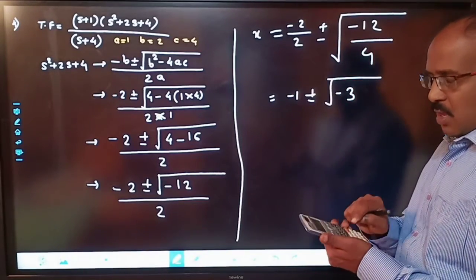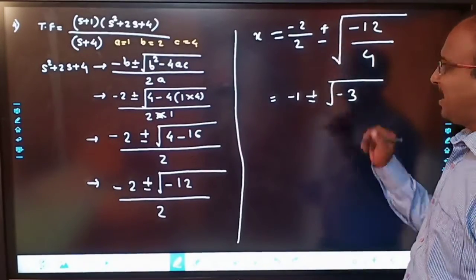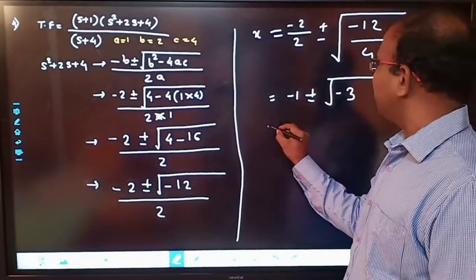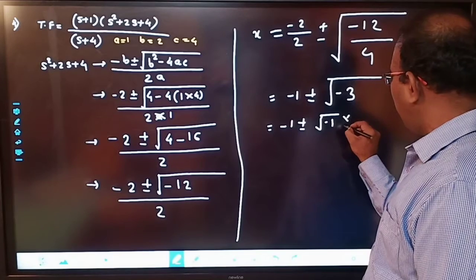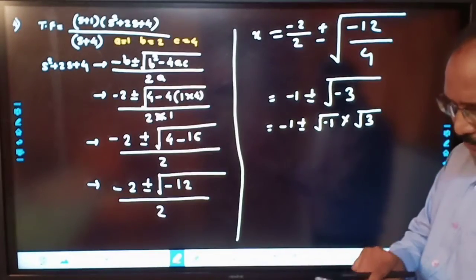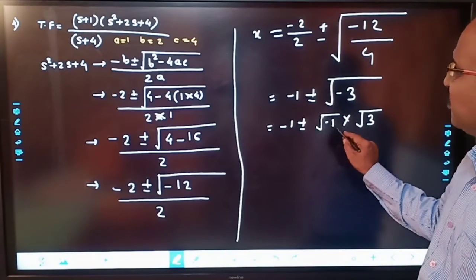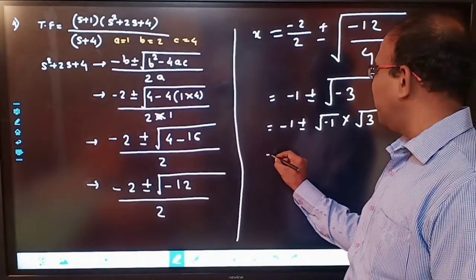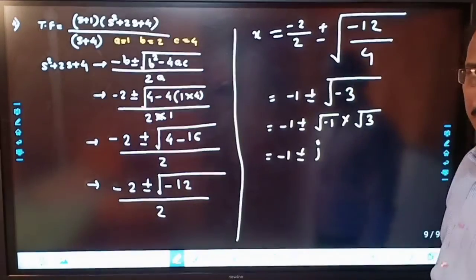Correct? So can I get root of minus 3? If you check on a calculator, you know we cannot get root of minus value. So the minus j is what I can write. Minus j can be presented this way: 1 plus minus, this is minus 1 into root of minus 2 root of 3. Correct? So what is the root of 3? Root of 3 is 1.73. And what is it? This is a j. We cannot get root of minus value, or root of minus 1 is a j. So I can write this minus 1 plus minus j. This is very important. Okay?